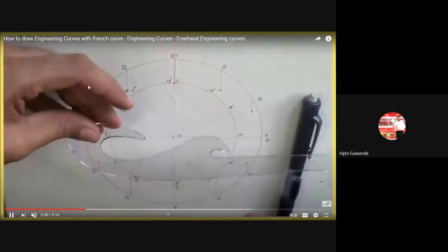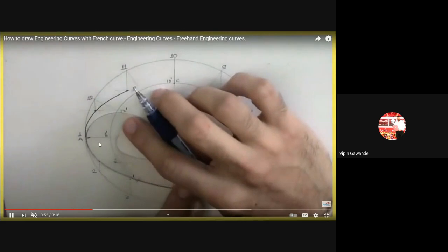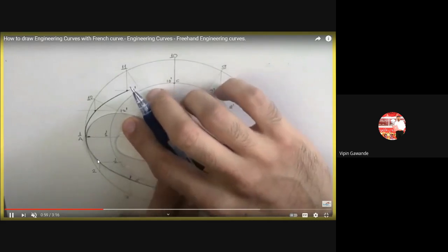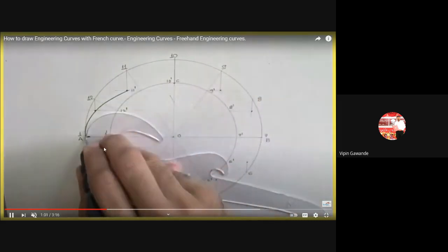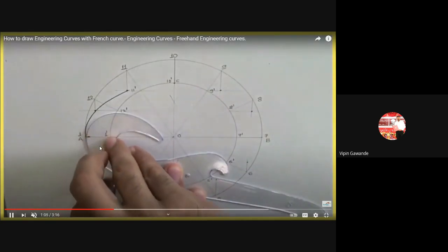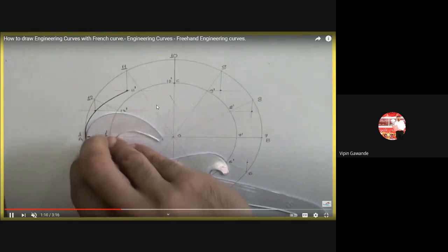Now at the bottom, suppose आता पहा, you have to adjust the curve. तुम्ही त्या फ्रेंच कर्वला टिल्ट करू शकता. Okay, so that you will get 2-3 points. Now this point and this point. So we got here 3 points, and then you have to join the arc here. Okay, so like this. So next time you have to again tilt the curve.